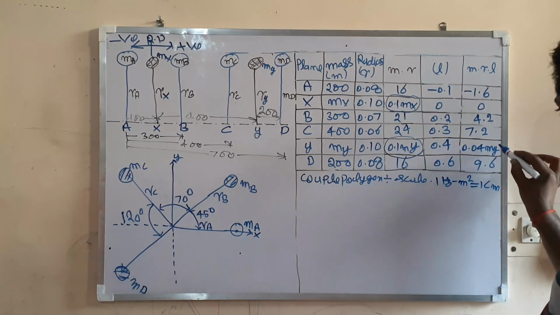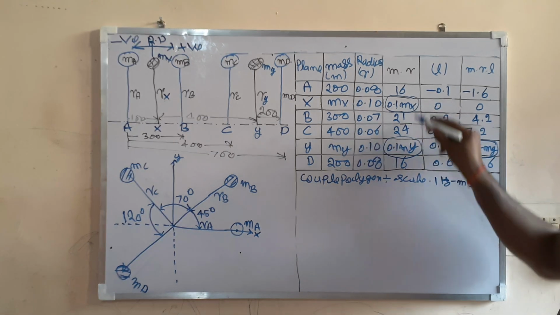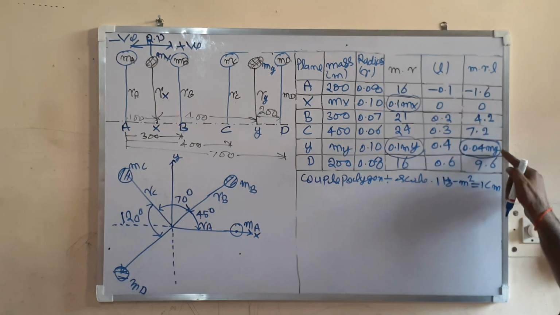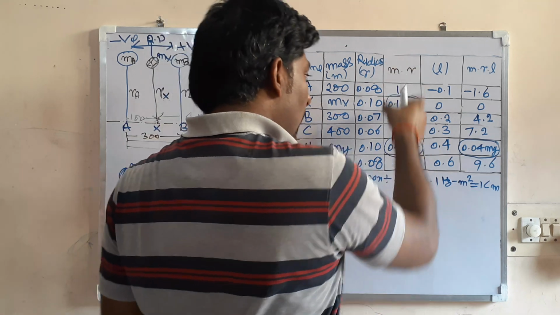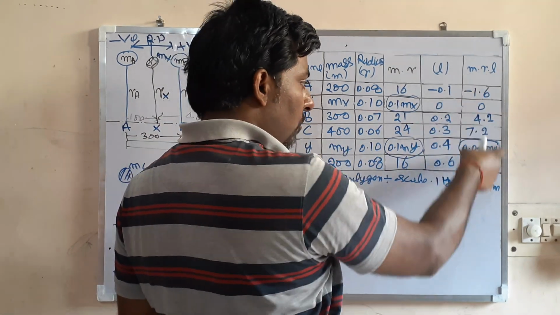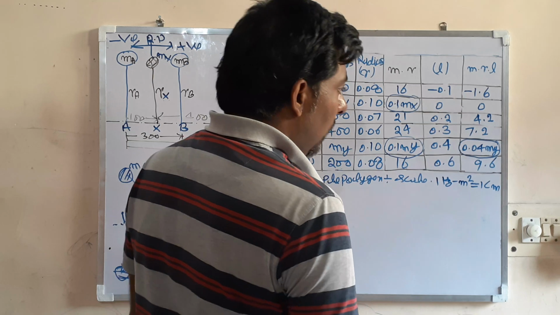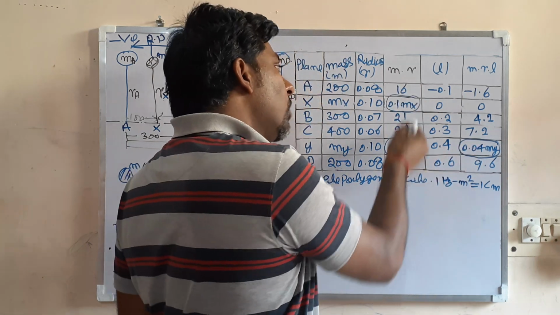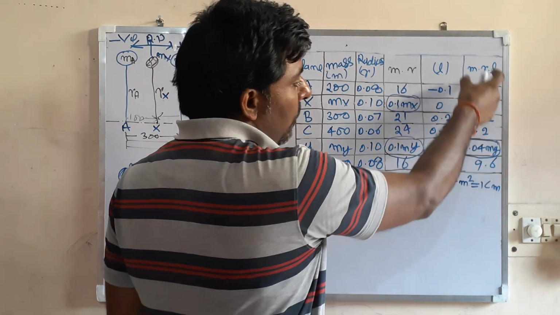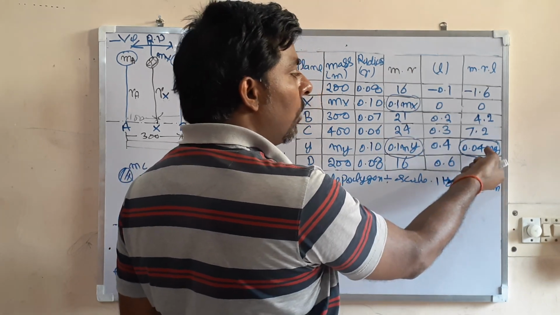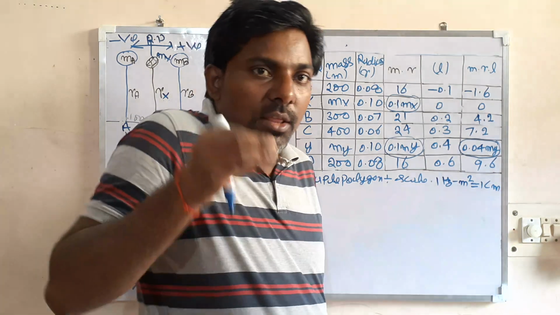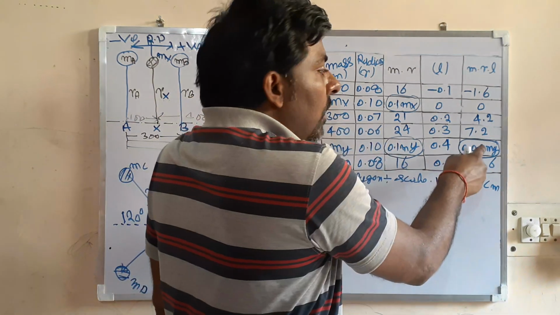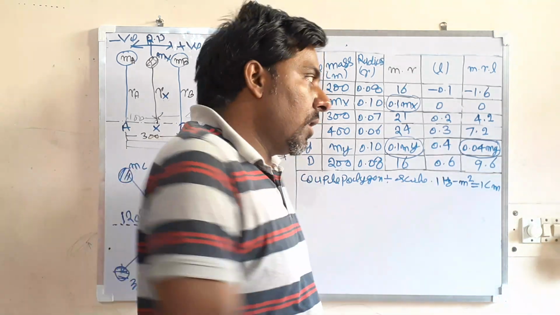What you are looking at in that column, there is only one unknown. In the other column there are two unknowns, mx and my, and here only my is unknown. So from this column we draw the force polygon, and from this column we draw the couple polygon. In the force polygon there are two unknowns, mx and my, but in the couple polygon column there is only one unknown, my. So it is better to first draw the couple polygon because there is only one unknown.